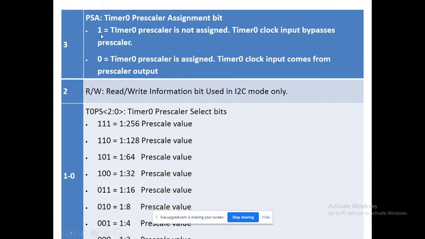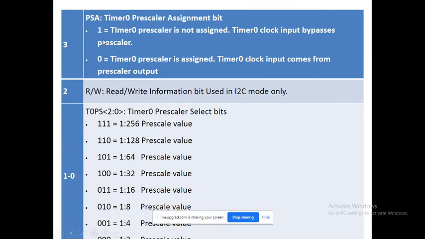Suppose I am placing 1 here. When we place 1 at bit number 3, it indicates we are not interested in prescaling. It means we consider the frequency as it is and pass it to the timer section. Whatever is coming from the internal or external source is passed as it is to the timer section, without any modification.